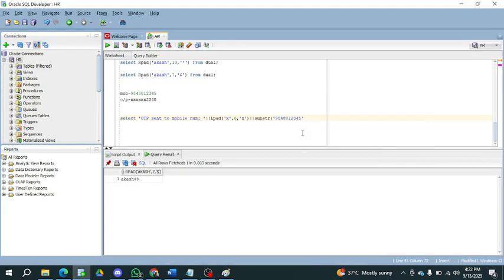Okay. See, I need to specify. Up to here I have given the first value, OTP sent to the mobile number. This one I have added to this one. So for that I am going to concatenate by using the pipe symbol. After the concatenation I need to replace the six digits with X. I am going to replace the six digits with X, and after that I need to concatenate with the mobile number again, and the last four digits are to be